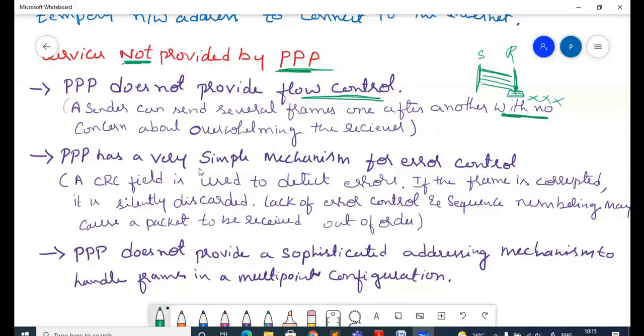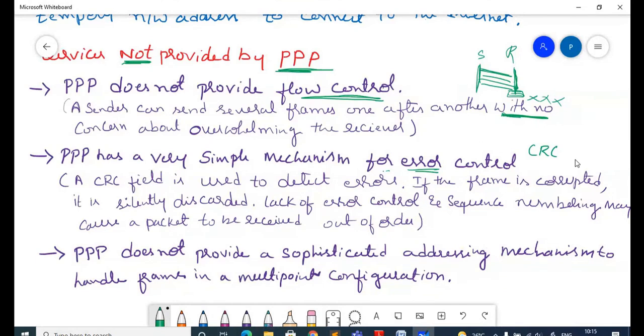Okay, but for not-so-complex things, to some extent a simple mechanism is there. That is the example we discussed in the previous chapter, CRC, cyclic redundancy check. The sender can add a few extra bits, and with the help of those extra bits the receiver can detect the error, or identify whether the frame is corrupted or not. Okay, so here it is just going to perform error control or error detection.